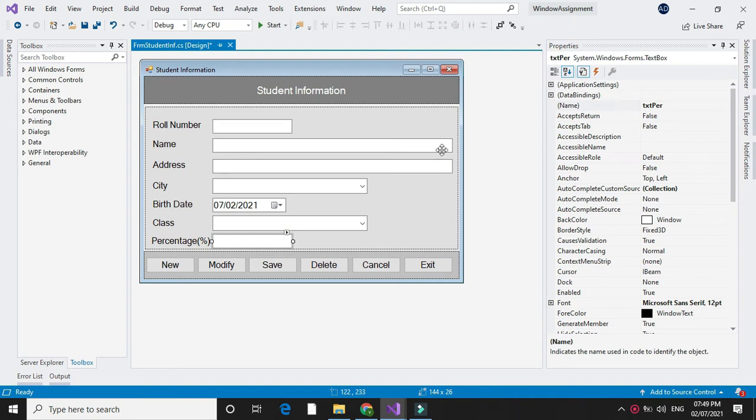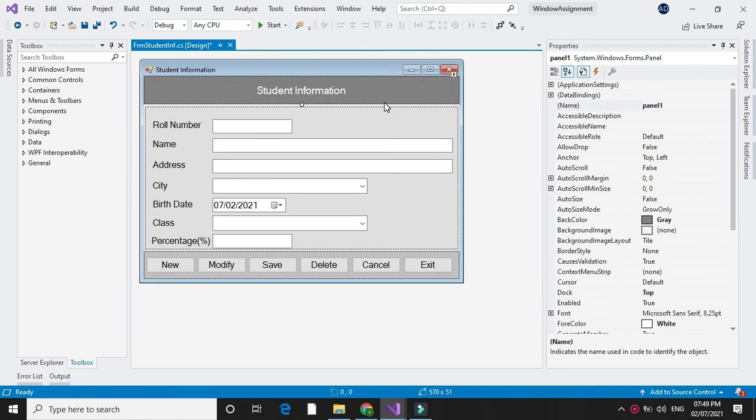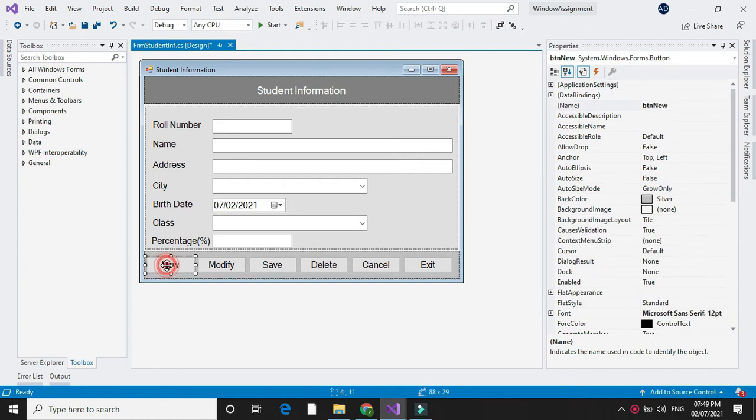Now here I have added 3 panels, one for describing which information you are getting from the form, second for controls, and third is for buttons. Since we are going to insert into the database, we have added these different buttons. First is New, which we are going to use to insert a new record into the table.